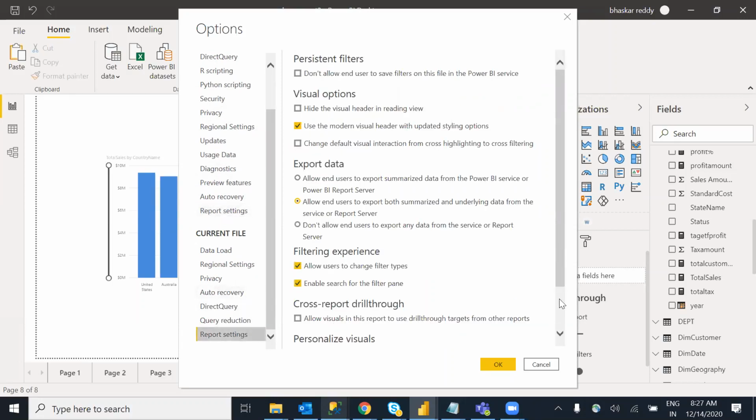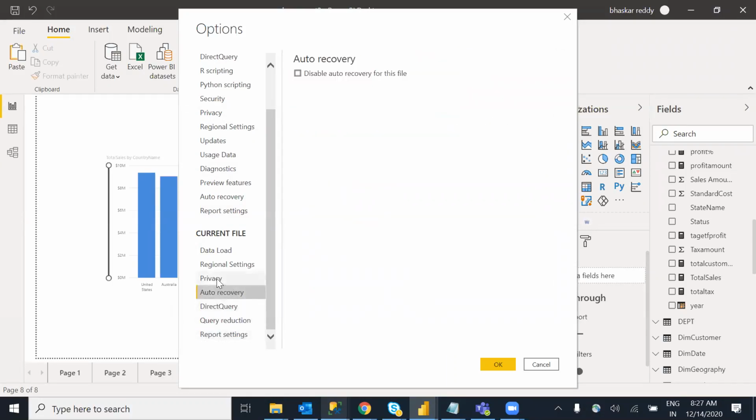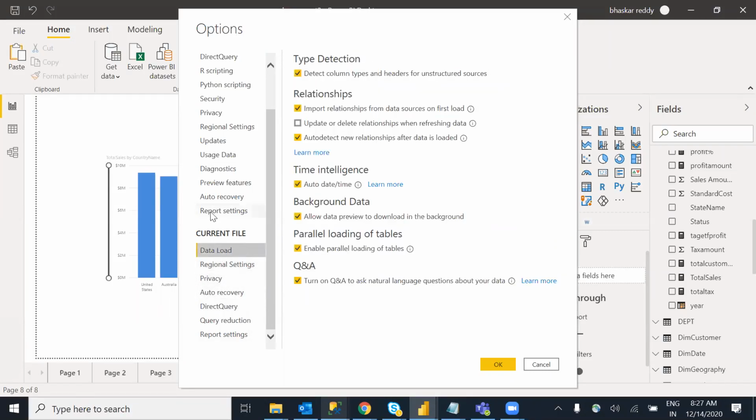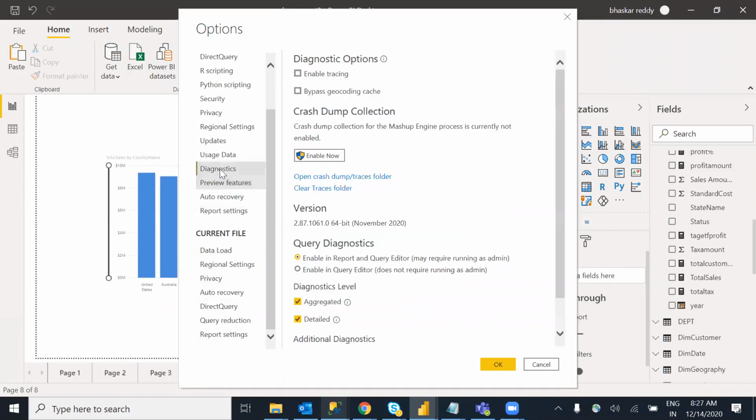Report setting, we don't have any. Here itself it is there: the version, what is the version you are using? No need to remember this number. Just tell that it is November 2020, or the last month's one we are using.